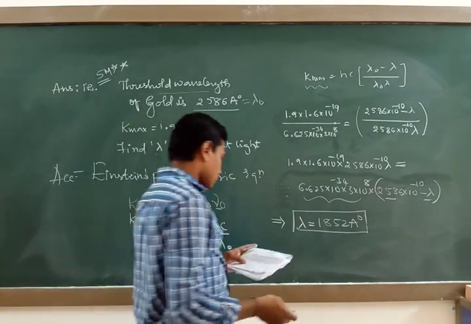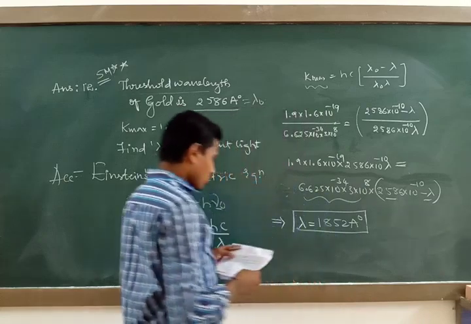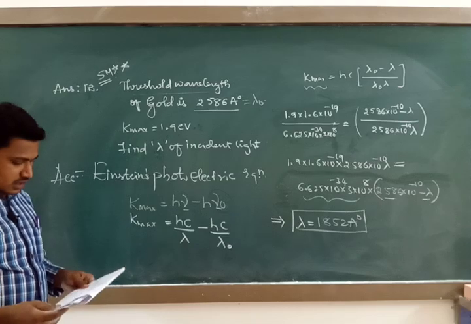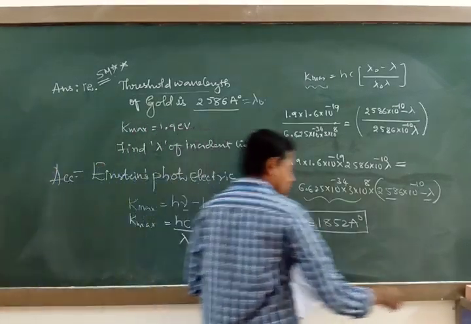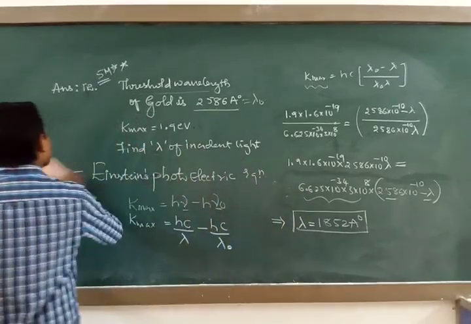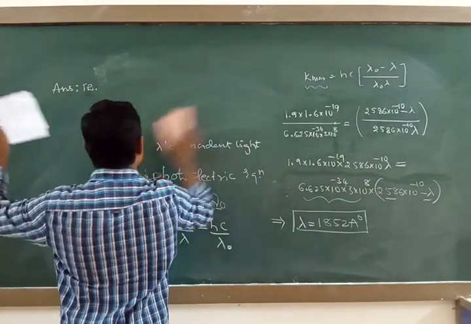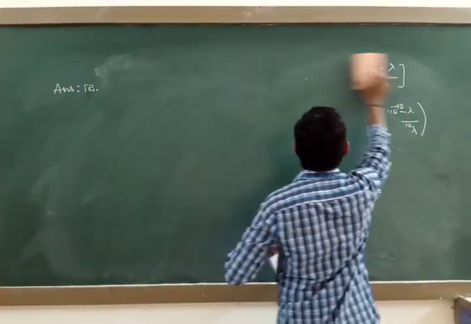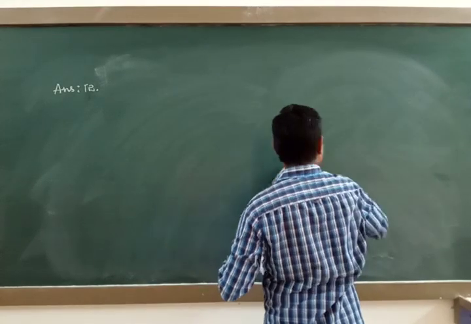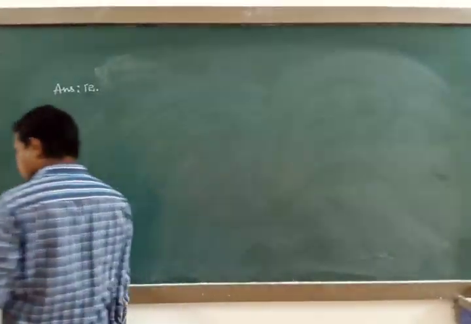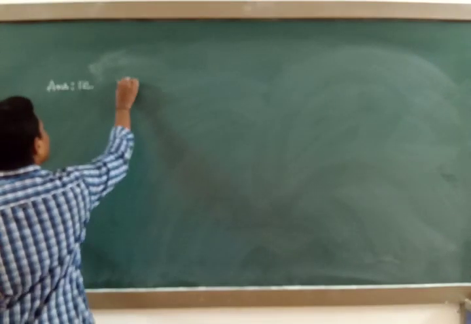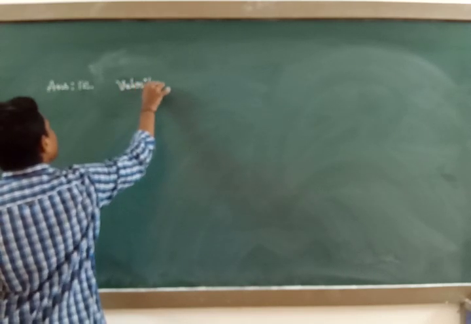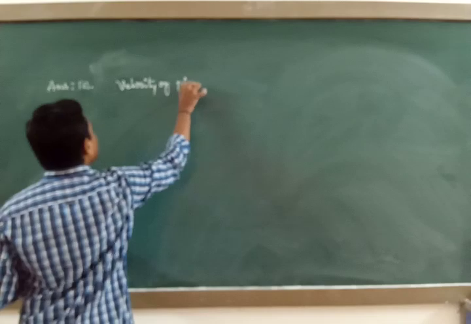calculate work function of a metal whose wavelength is 5400 angstrom. So already it is one of the previous ones only. And next, calculate velocity of the photoelectron emitted. So just note this down, and next we shall go for another one which is also asked in the previous exam. See, only selected problems I am doing here and all these questions are asked in the theory examination. Calculate velocity of the photoelectrons